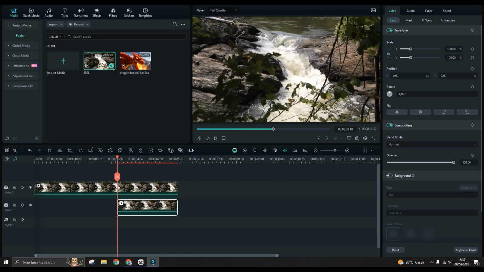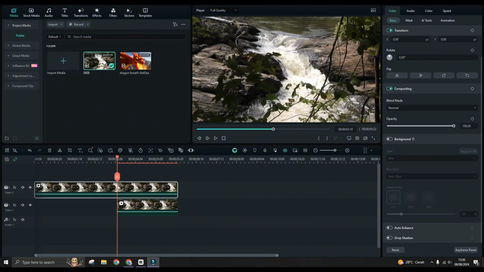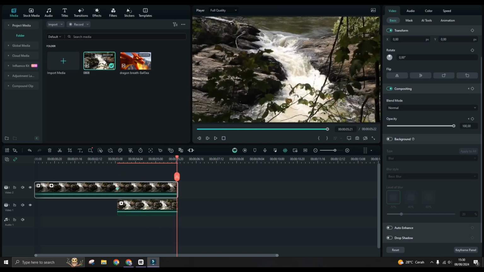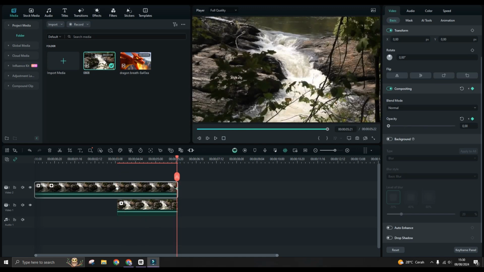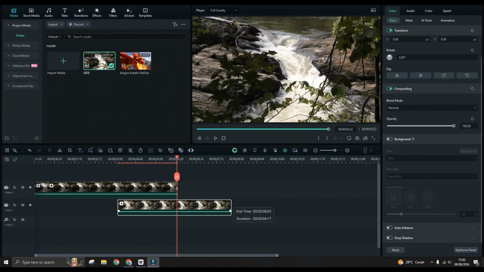track 1 starts, and then click on track 2. Now you can add a keyframe here under the video, find opacity, add a keyframe at the opacity, and go to the end of track 1 and move the opacity to 0 like this. Now you can just click on track 1 and extend the duration of track 1